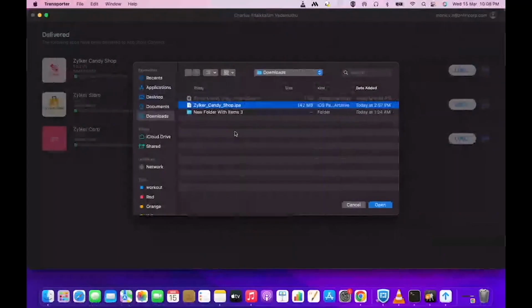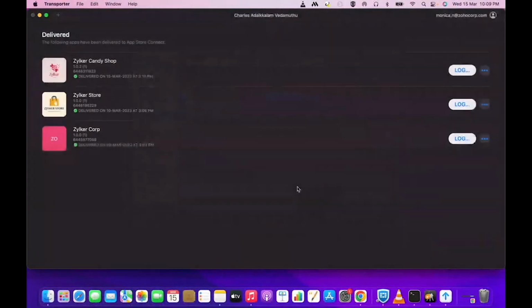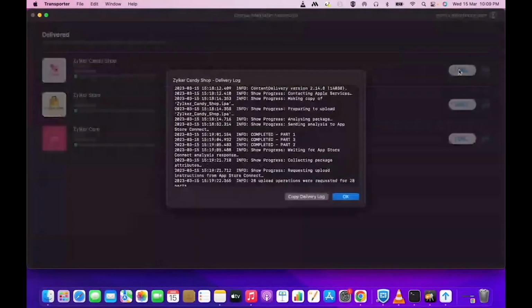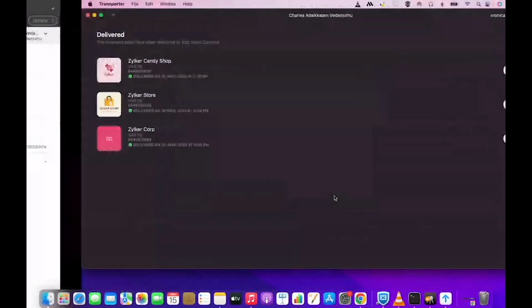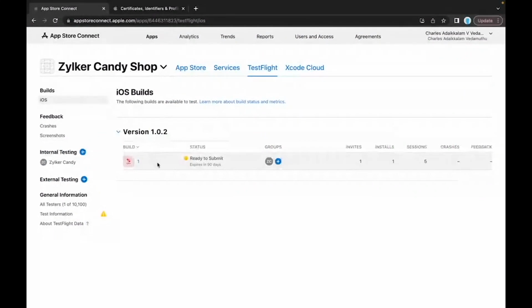When you complete submitting the IPA file in the transporter, and once the application is ready and once the log message is available, you can see the application here. Basically, it is going to be linked to this specific app in App Store Connect based upon the bundle ID that you have mapped, and the application is going to be uploaded and it says ready to